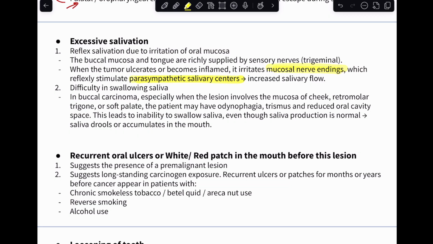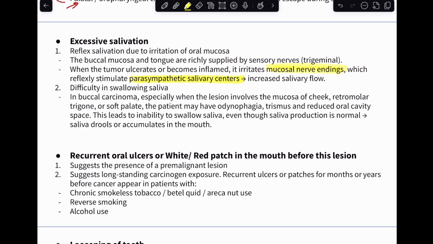Second is, if there is no increase in salivary secretion, but you're not able to swallow the saliva effectively. When that happens, maybe there is involvement of the mucosa of the cheek, the retromolar trigone, or the soft palate, and the patient is having pain while swallowing, trismus, and reduced oral cavity space. So, all of this together, they are not able to swallow the saliva properly, even though the amount of salivary